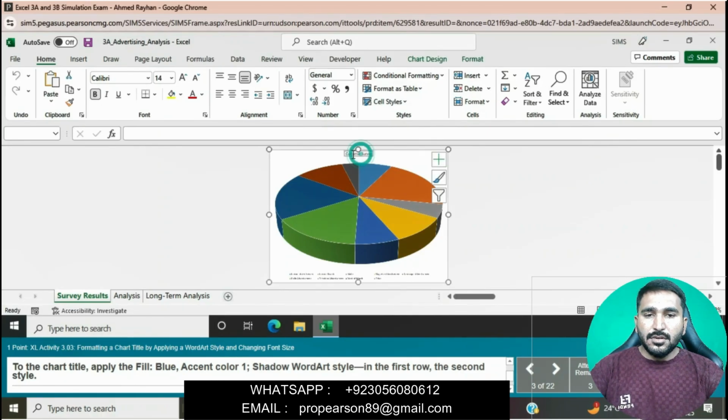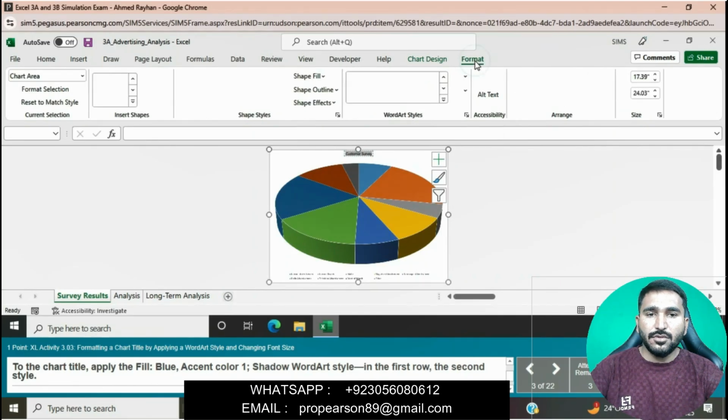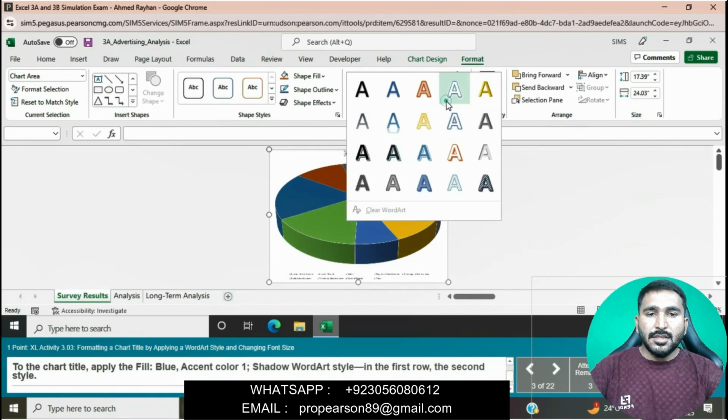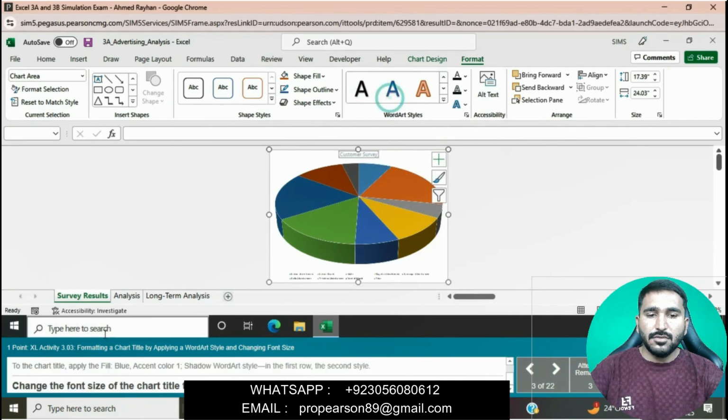We will select this chart title first, go to the Format tab in the WordArt Styles group, and then go to the Shadow button. We will select this Blue Accent 1 Shadow WordArt style in the first row, the second column.